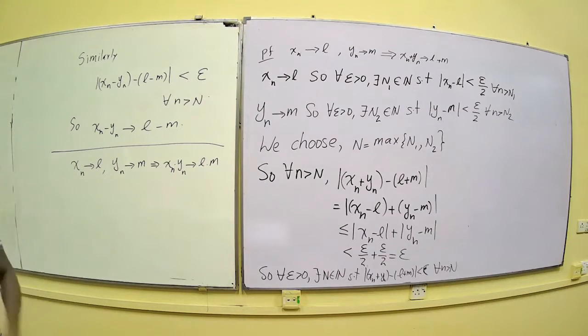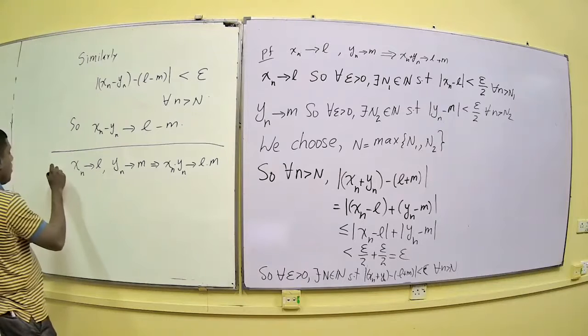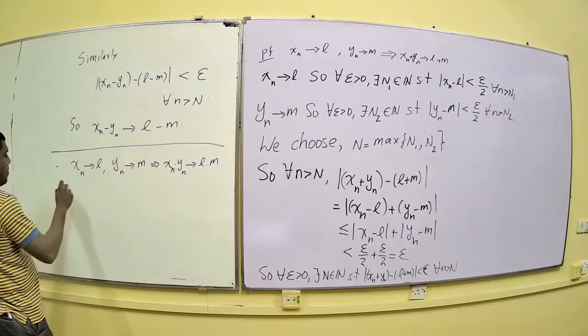Right, so xn goes to L and yn goes to M, then xn dot yn will converge to L dot M. You have to prove that. Okay, so for that, we will do that proof. First thing,